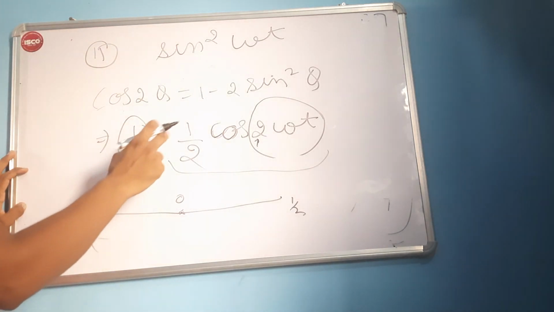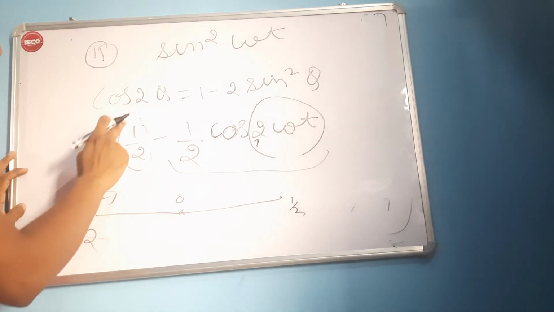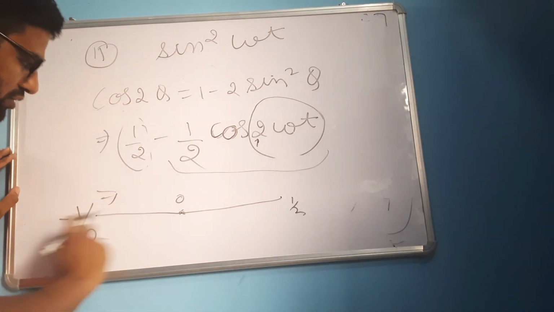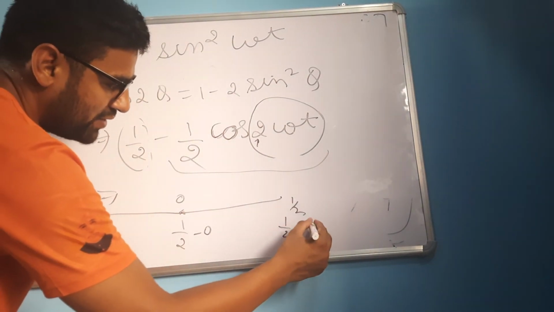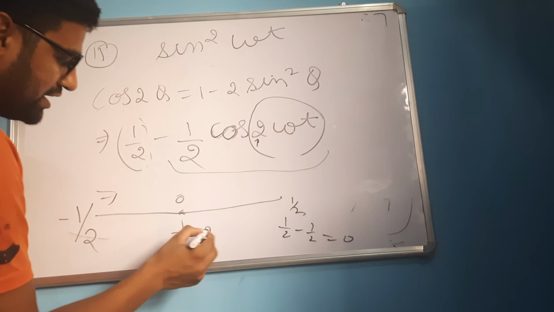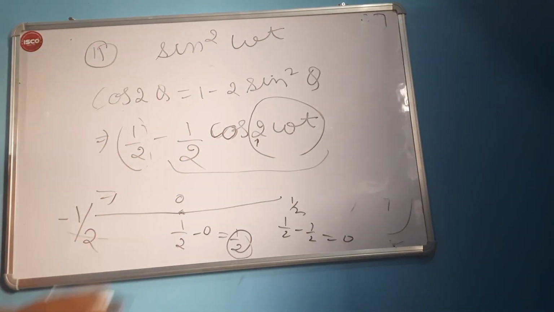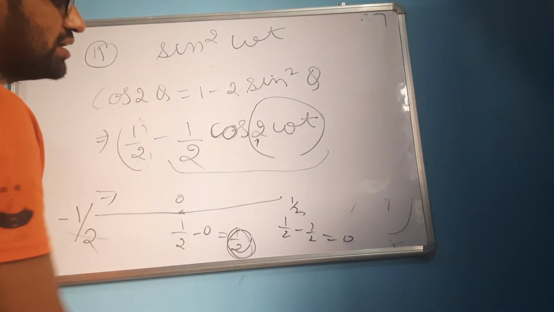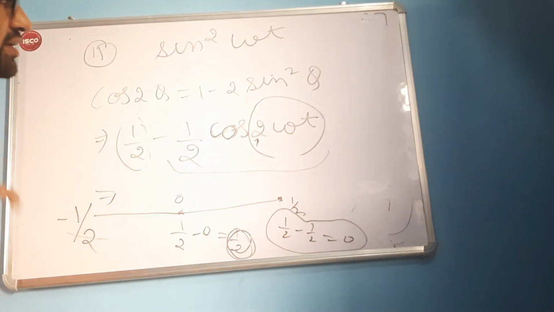But this term, we are subtracting it from 1 by 2, so we have to subtract all the terms from 1 by 2. 1 by 2 minus 1 by 2 is equal to 0. Here we get 1 by 2. So our mean position in this function is not 0. Our equilibrium position is not 0. It is 1 by 2. And the highest position or maximum position, it will be 0.